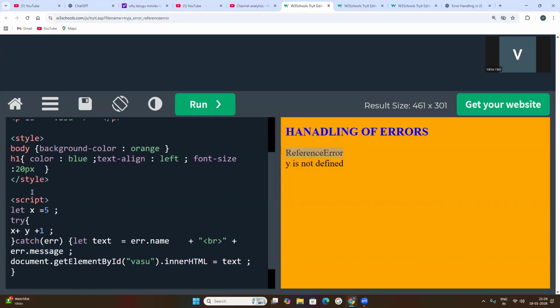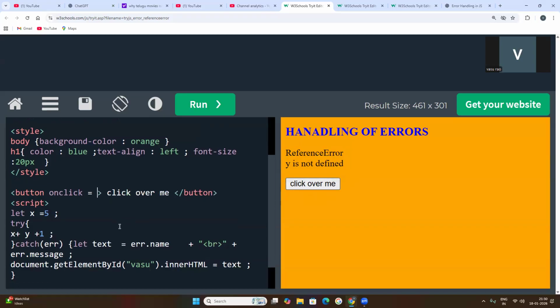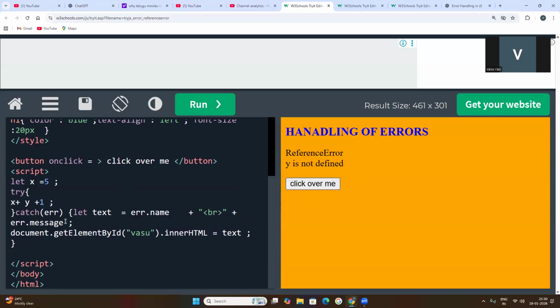So here at that moment one button is created, that is a button element. So inside of this button, click over me, and button closed. Okay. Now whenever we click on here, a button is displayed. So if you click over this button, you need to write an event, onclick. Okay. On click, what happened? On click, what happened? So we can keep this inside of your